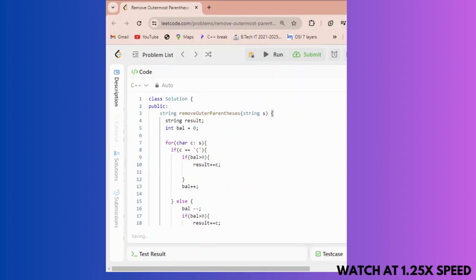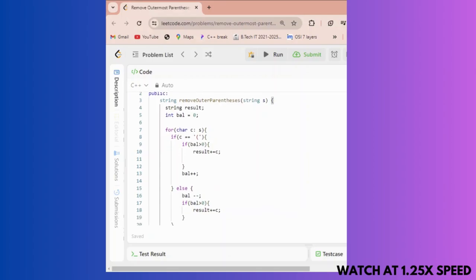So what happens in these cases, you have to remove the outer parenthesis. Firstly I initialize the result, and then balance, and then the loop. If my character is equal to the starting round bracket, and my balance is greater than 0, it means that it is not the initial one. You have to add that character into your result.